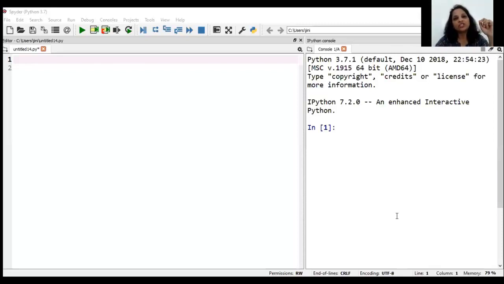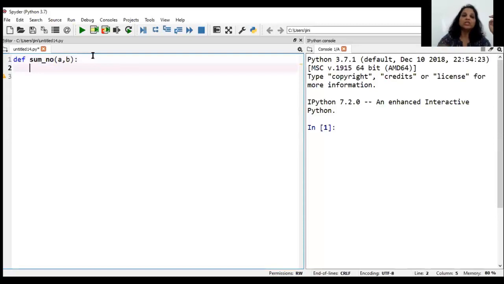Let me say I'm writing a function to add two numbers. The function's task is to add two numbers and display the answer. I start with the keyword def. Then you must give a name to the function. I call it sum_no. Remember, when I'm naming the function, I need to follow all the rules of the identifier. And I write a comma b. These are the two parameters. Parameters means what? The function is supposed to add two numbers, so if I have to add two numbers, don't I need those two numbers? That's what you see here. And obviously the function header terminates with a colon.